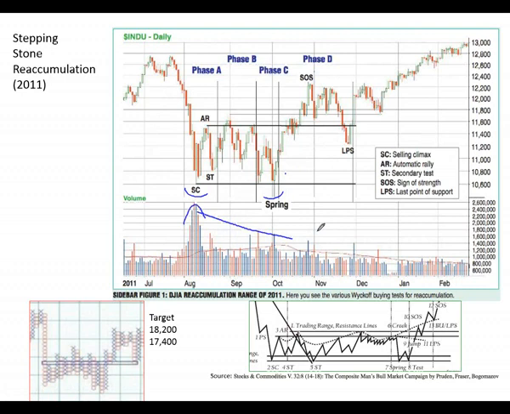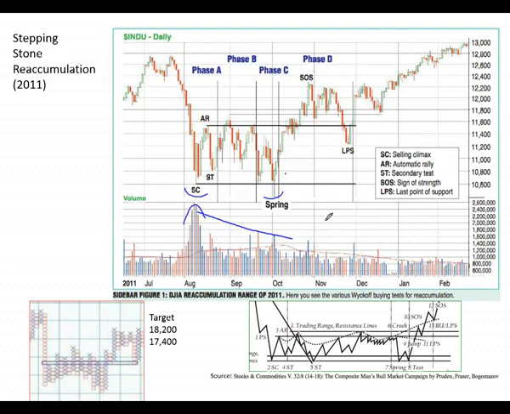and that spring, I call springs the cathartic moment, where you just clean out everything. You just wash out the lows. Anybody who is trying to be long the market gets stopped out. It's a very difficult thing,